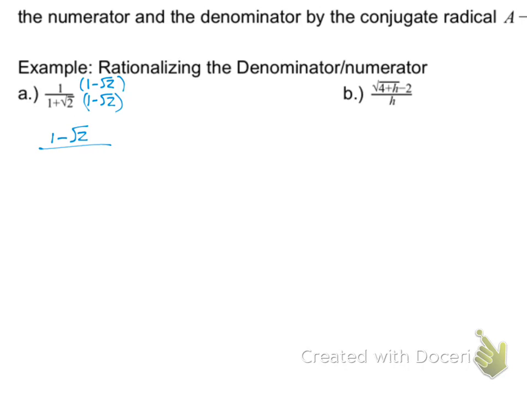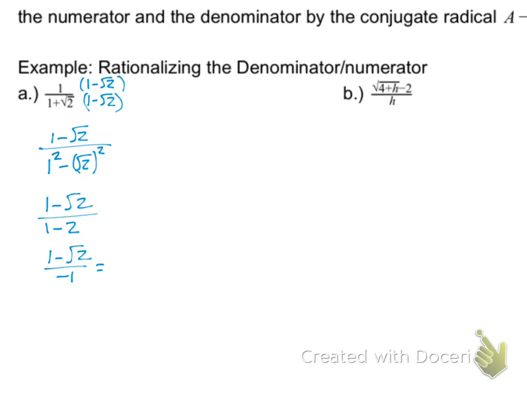so the top just stays 1 minus square root of 2. But guess what? The bottom, guys, you set up the difference of squares, and so you know that's the first one squared, so 1 squared minus square root of 2 squared, right? Which then equals 1 minus square root of 2 over 1 minus 2. And 1 minus 2 is, so 1 minus square root of 2 over negative 1, which then can lead us to